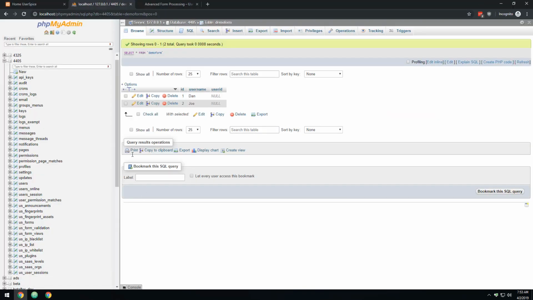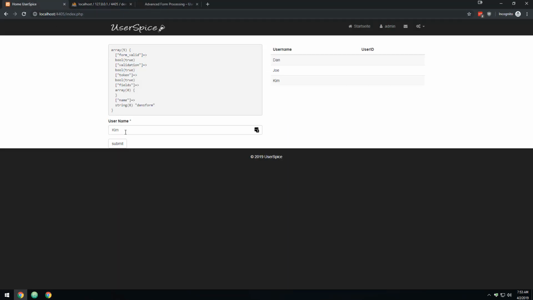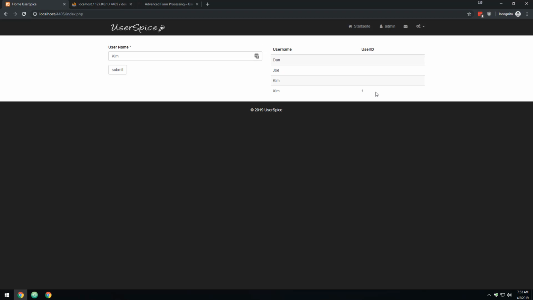Okay. Come here and we do Kim. Now, that's my user ID. Now, obviously, this is not my name, but I could enter whatever I wanted. That's my user ID, and there's no way for the user to manipulate that. And so that's really important. If you ever want to pass information that you want to absolutely guarantee is coming from the logged in user,